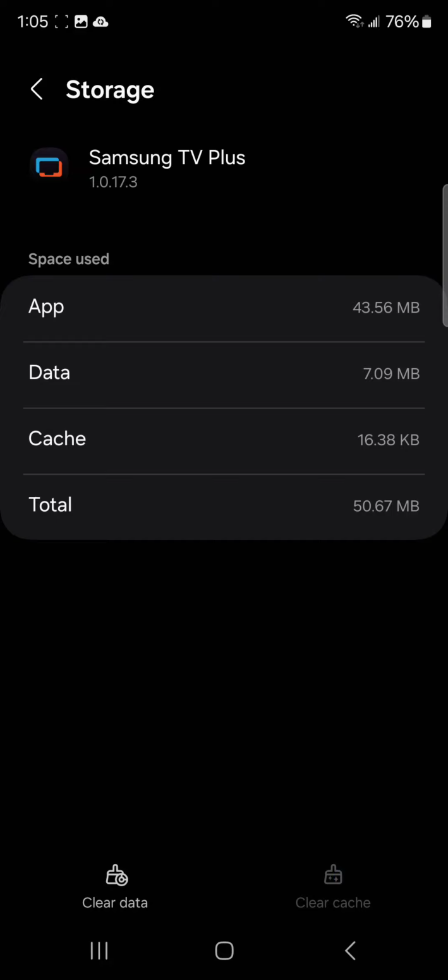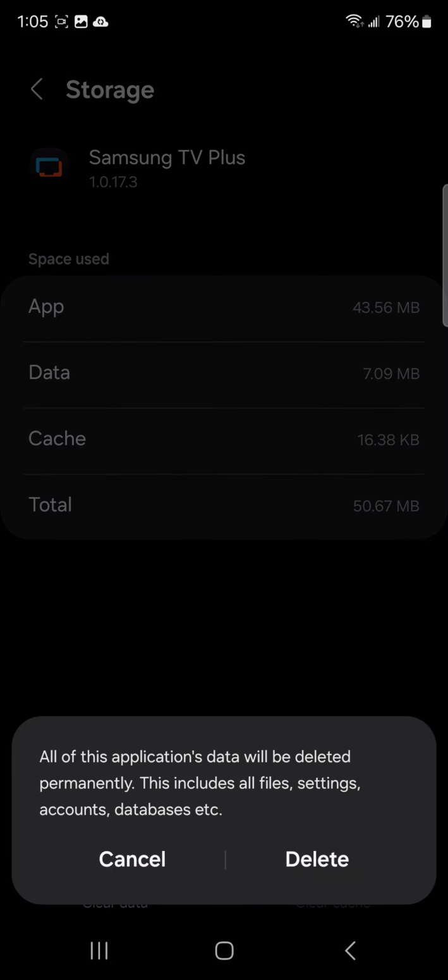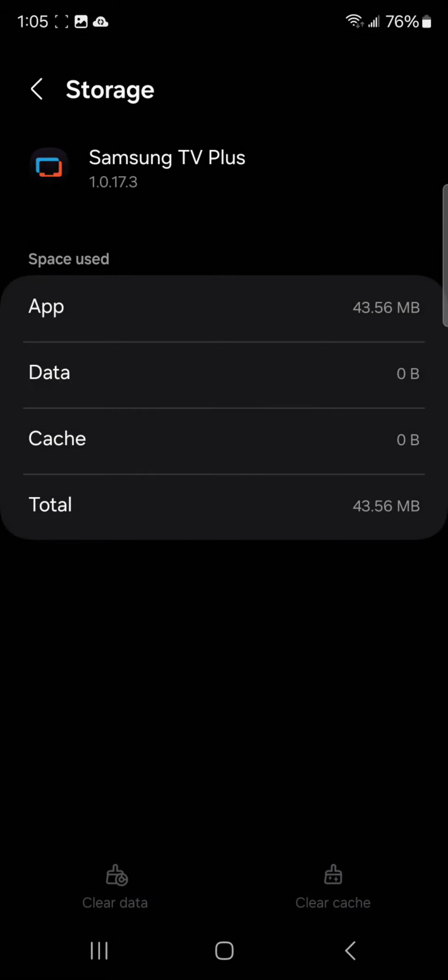If you clear the data, you can read here, all the application data will be deleted permanently. This includes all the files, sections, accounts, databases, and everything. So I'm going to do that just to start over. Delete that, boom, okay, it's gone. And just because there's the application itself, when you see that 43.56 megabytes, that's the actual size of the Samsung TV Plus, right? So, going out,